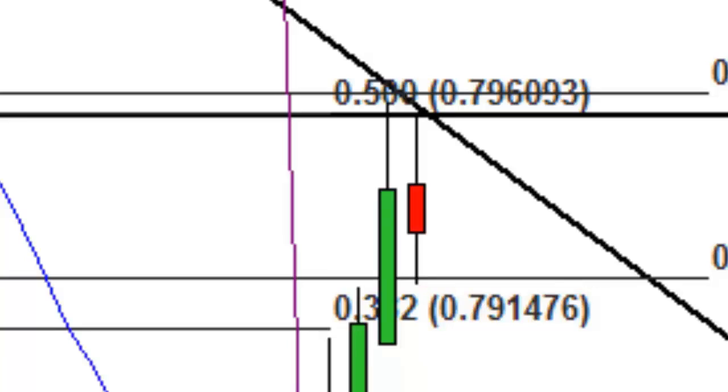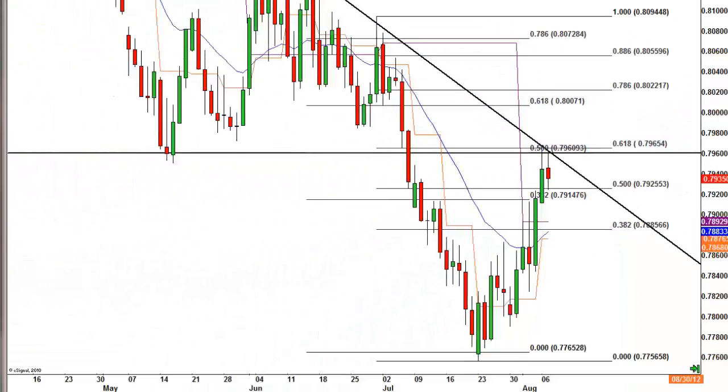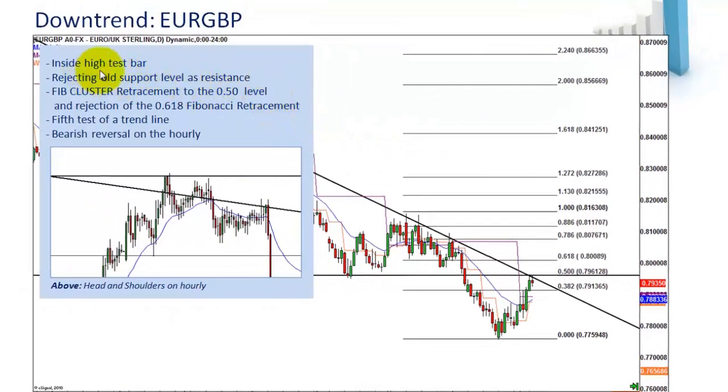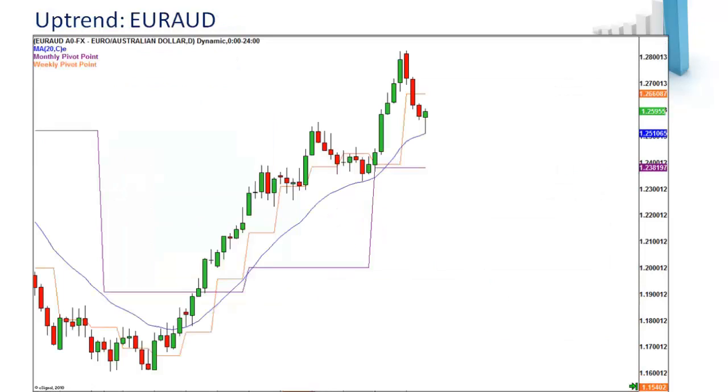So we've got all the stars in the universe lining up here for a short with this trend continuation trade. Based on price action alone, we have an inside high test bar, we have a head and shoulders on the hourly time frame, we have a Fibonacci cluster, the 0.618 as well as the 50 Fibonacci level. We also have the 5th test on the trend line. So we've got a lot going on here, in addition to old support becoming new resistance. This is looking like a very good trade short, based on our analysis, trading this trend continuation. So let's have a look at